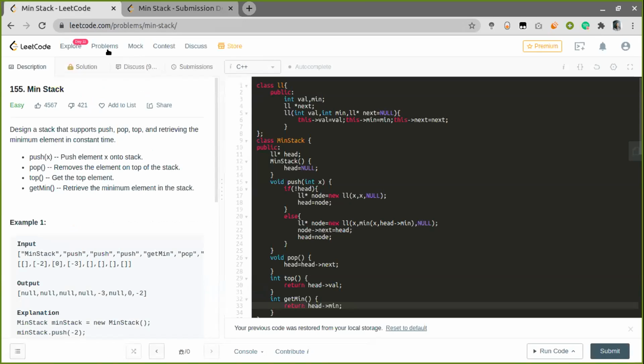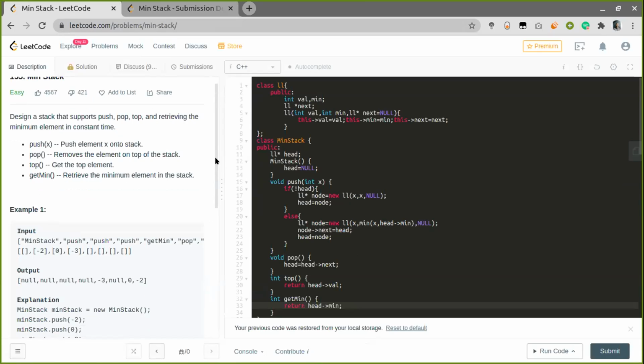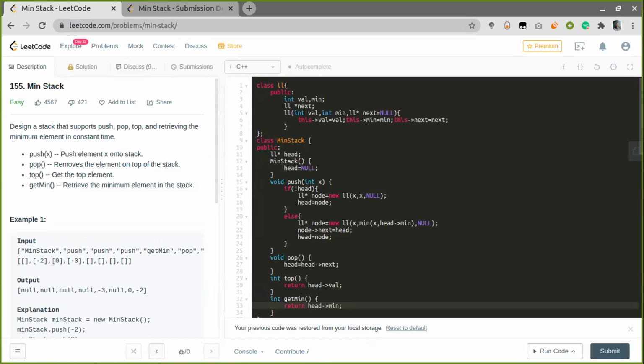Since they have mentioned their design as stack, I think we can skip the idea of using the inbuilt stack, and we can use a linked list here to make our own stack. Now, I have designed this linked list where the val is the current value and minimum is the current minimum till which I am at in the current stack, and then I have made a head pointer.